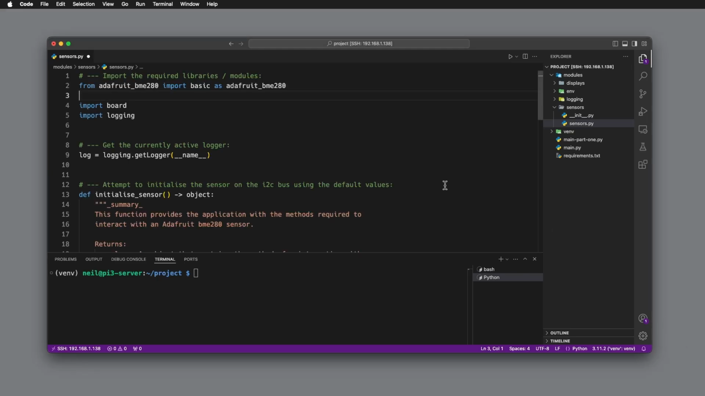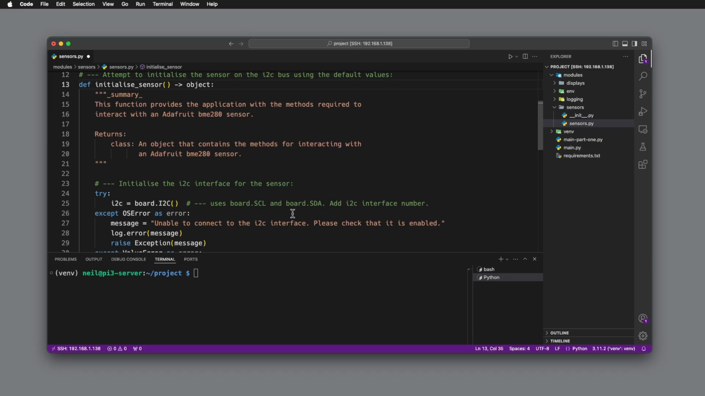Okay, let's review what was put in that file. First, there's the libraries and the modules needed for the contents of the file, along with the log variable again. Then we've got our first function. The purpose of this one is to initialize the sensor and return an object with all the settings to work with the sensor back to the caller. Most of the code you may remember seeing in part 1, as it's mostly the same, but to summarize it,